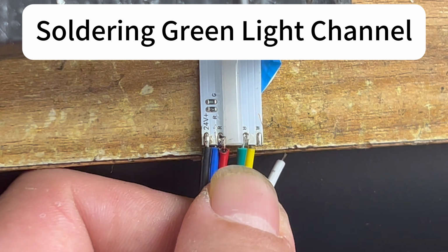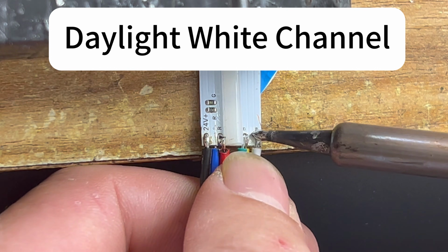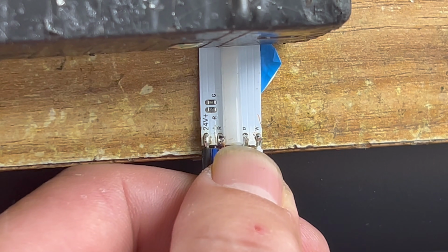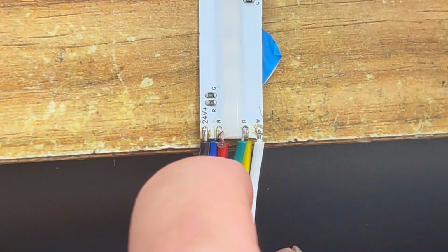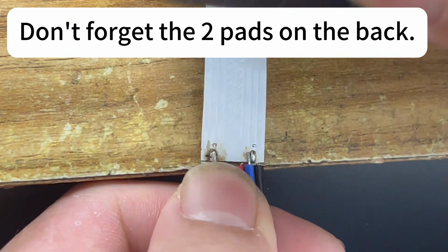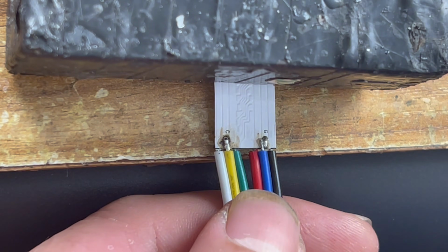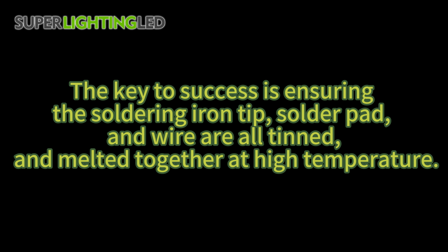Soldering green light channel. Daylight white channel. Don't forget the 2 pads on the back. The key to success is ensuring the soldering iron tip, solder pad, and wire are all tinned and melted together